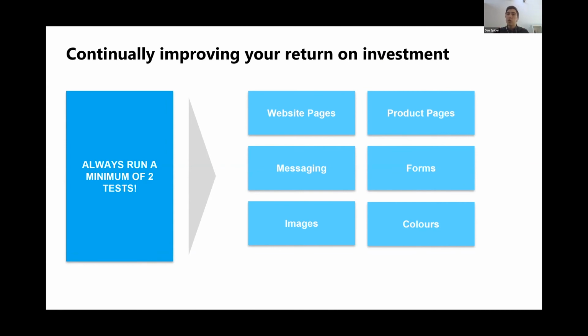So this whole testing methodology is something that you should ingrain into all of your activity. You should always be running a minimum of 2 tests. What that means is if you're exploring Facebook advertising and running a Facebook ad, run 2 ads. One maybe testing a specific demographic, one testing another demographic, or maybe the same demographic with 2 different messages. So one you can use to sell a very particular sales message, and one you might use a different sales message with a different USP to understand if one is driving more clicks